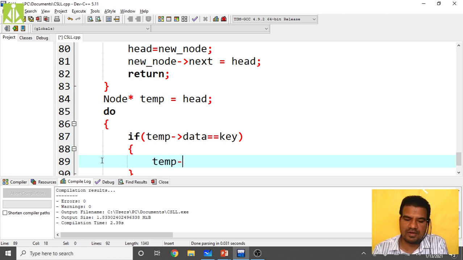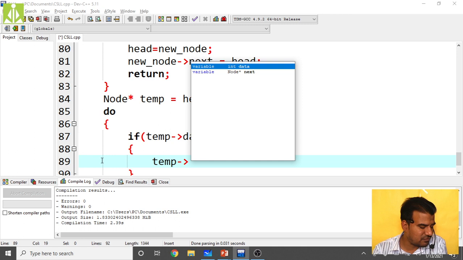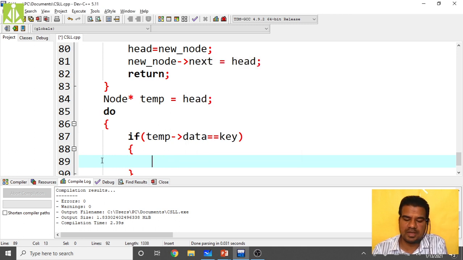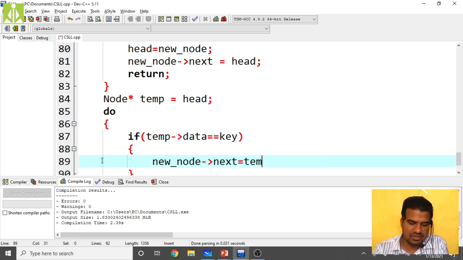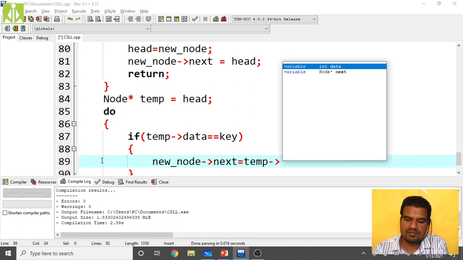First, new node of next equals to temp of next, new node of next equals to temp of next.